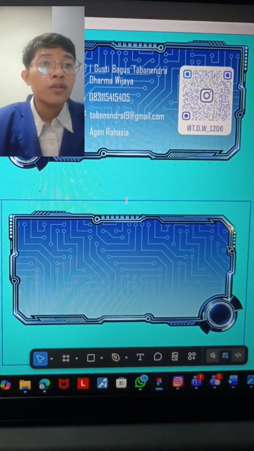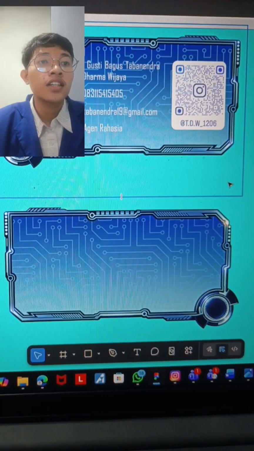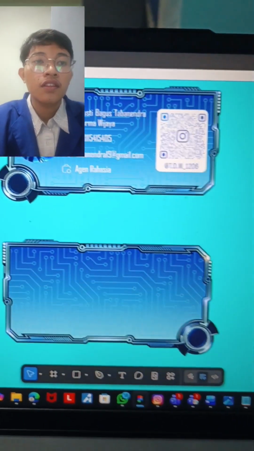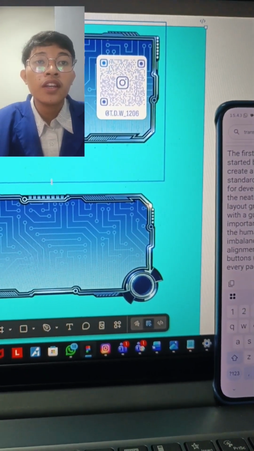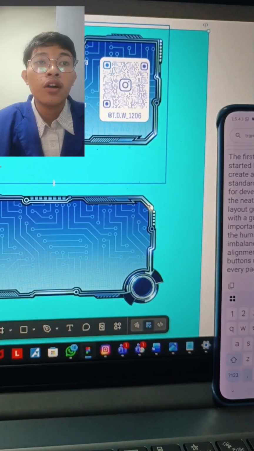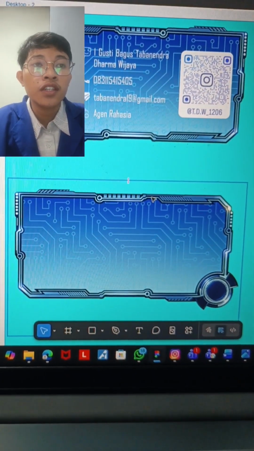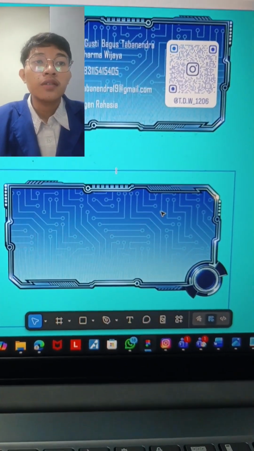However, the key to the neatness of this design is the layout grid. I set the columns to 4 with a gutter of 16 px. Why is this important?